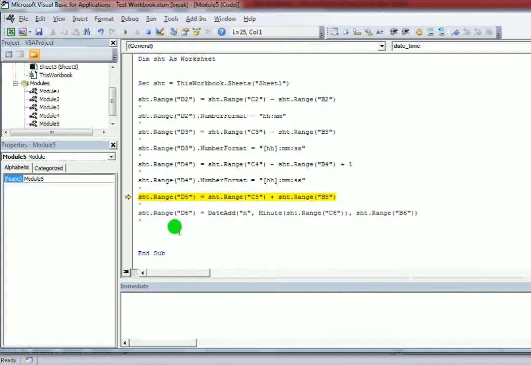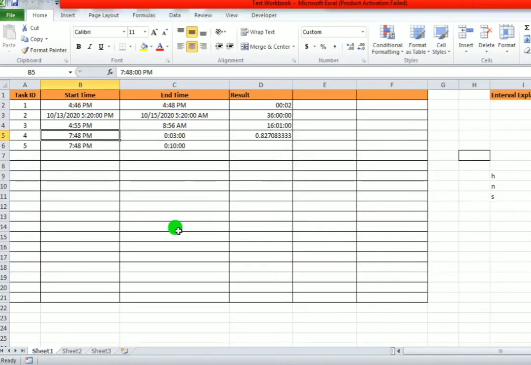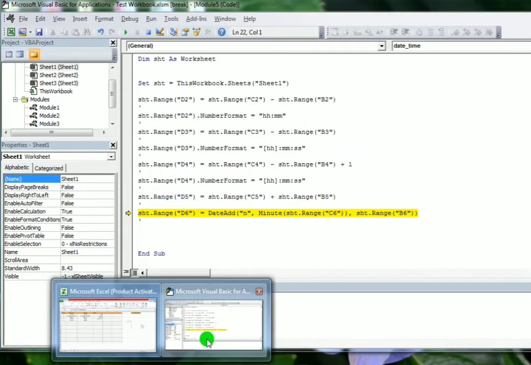So I'm executing this code. Now you can see the output here. I have added 3 minutes to this 4:48, so the output will be 4:51.